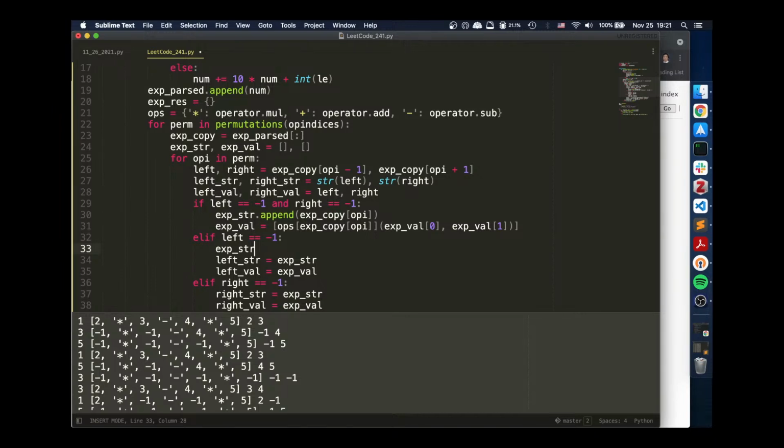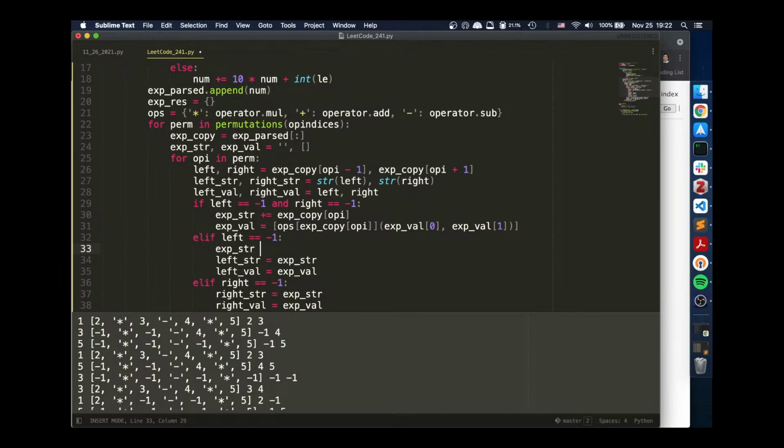And exp str dot append. Not really dot append. Shall equal to, maybe, hold on. Let me think. No, ESP, this can still be this. That's fine. So we can just say plus equal to this. Alright. Otherwise, ESP_str is going to be,